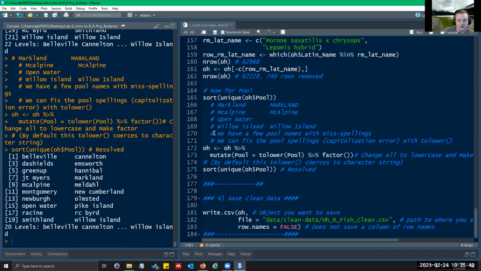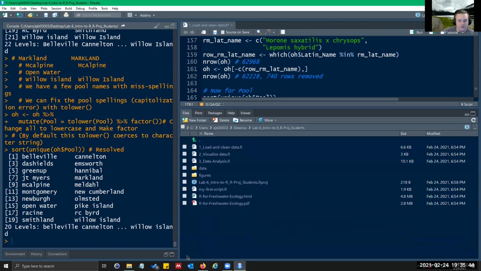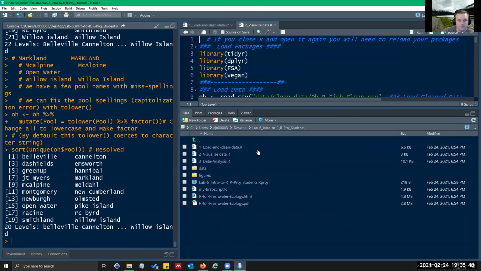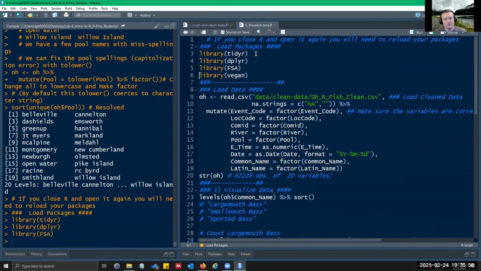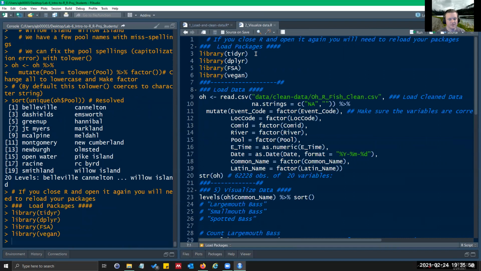So that's how to load and clean your data. We're going to move on to visualizing data. Again, if you had closed RStudio, you would have to reload these packages and your data.